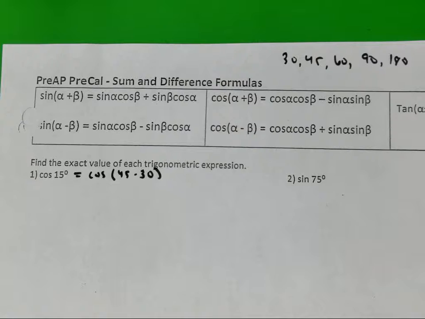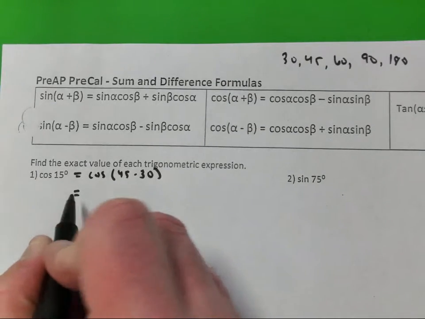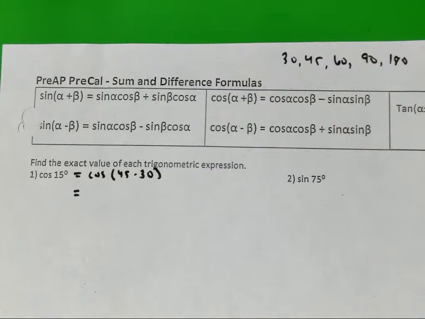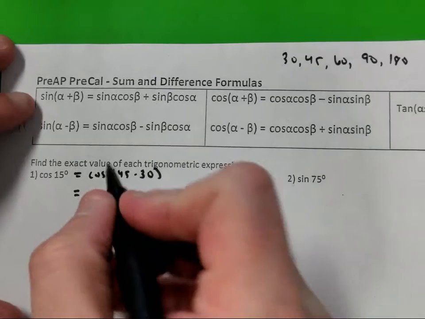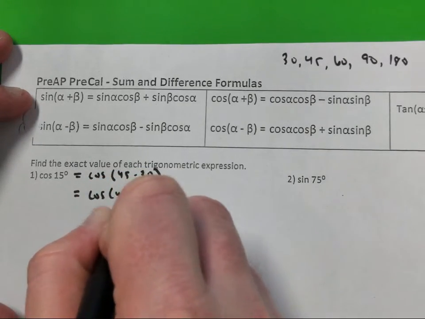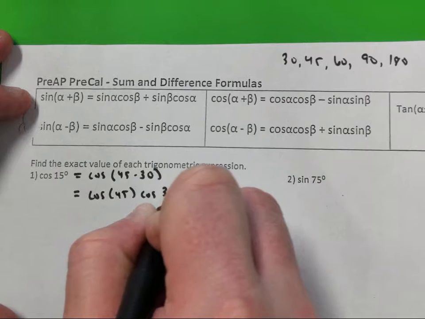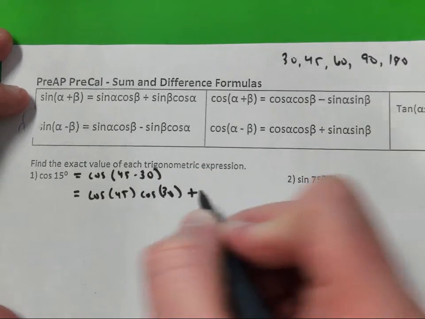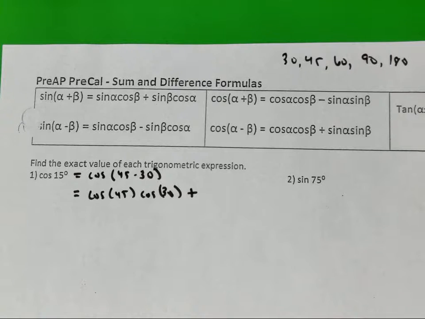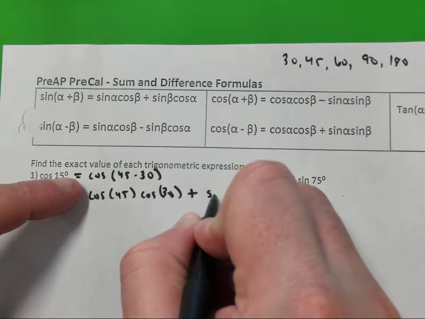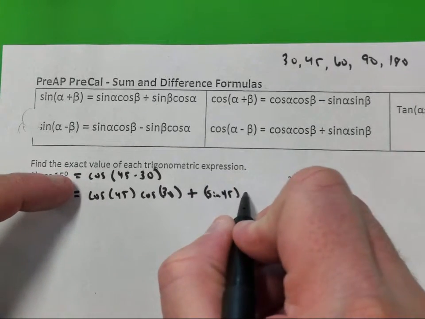Okay? All right, now watch how I handle this. So I got a cosine, I got a minus. So I'm going to use this formula right here. It says take the cosine of the first one times the cosine of the second one. Okay, so let's do that. And then what symbol? Plus. Plus the sine of 45 times the sine